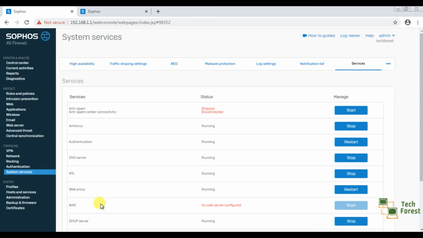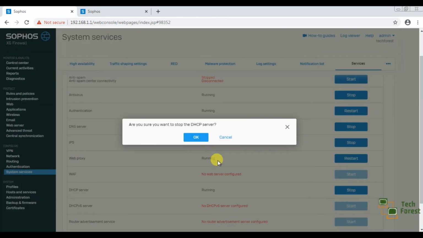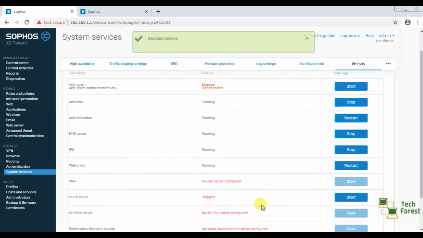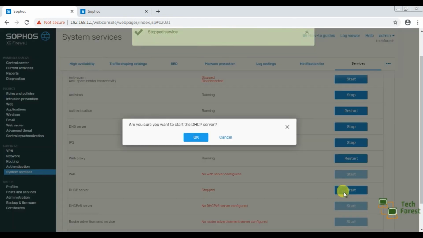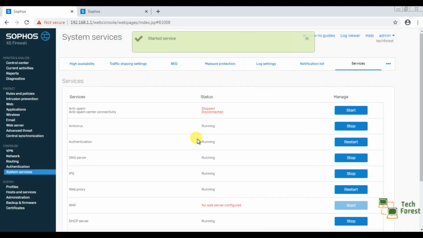Here you can see the DHCP server service is running. If I click on stop, the firewall will not hand out any IP. So make sure that this service is working. By default, once you configure the DHCP settings, it will automatically start and keep working.